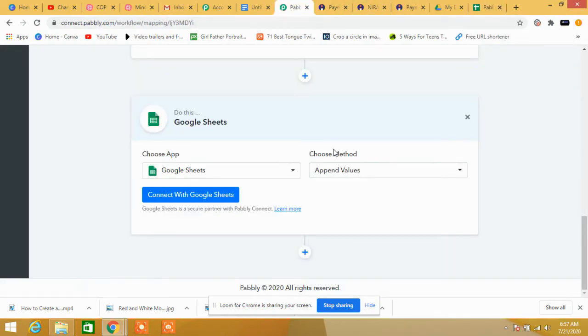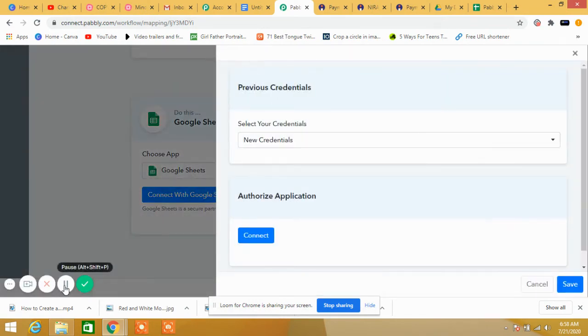Okay, so now connect with Google Sheets. See, connecting Google Sheets is easy, and I'm not going to show you because my email ID and all details are there. That's why I will hide it for a second. So previous details, new credentials, connect.